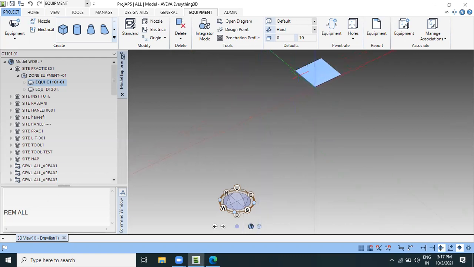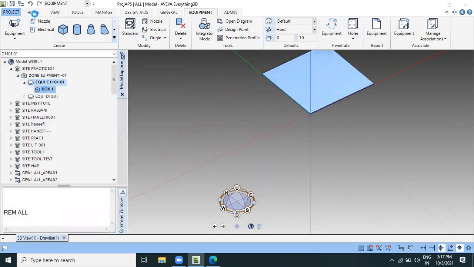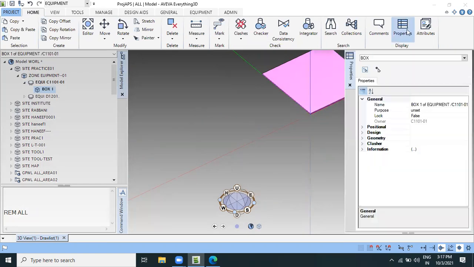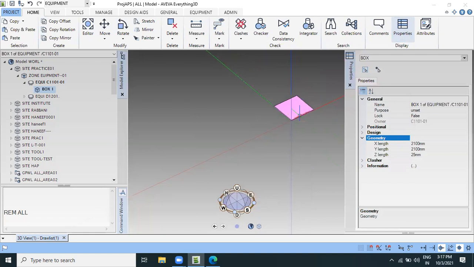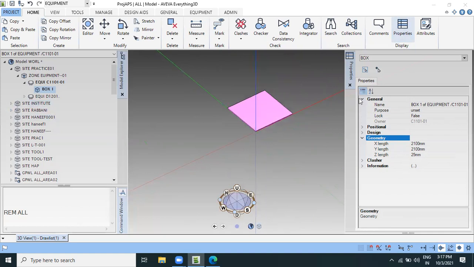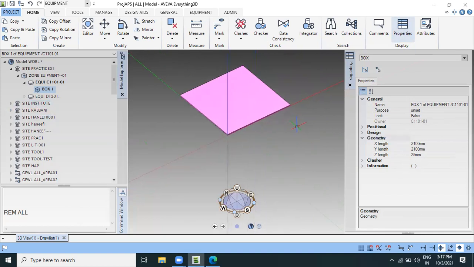The box is created here. Being on this equipment, go to box, then go to home, then go to properties, select geometry, click the geometry, and the x value, z value, all the values we have given already. Okay, then close it.